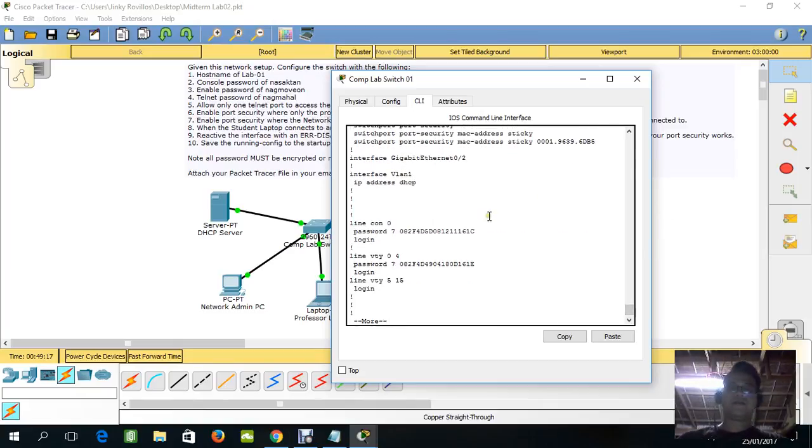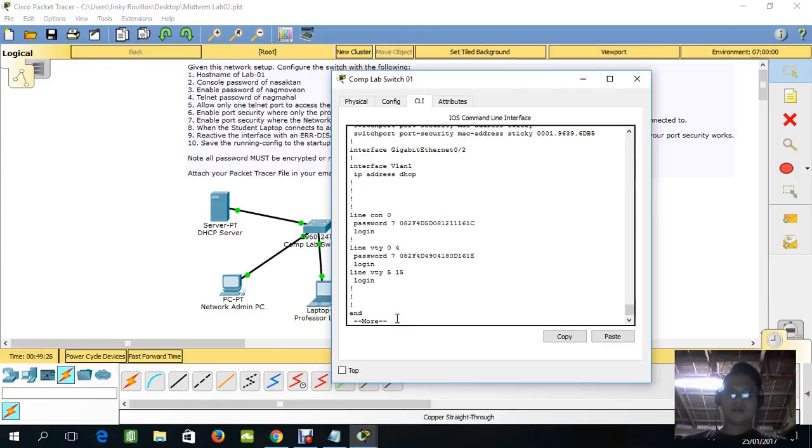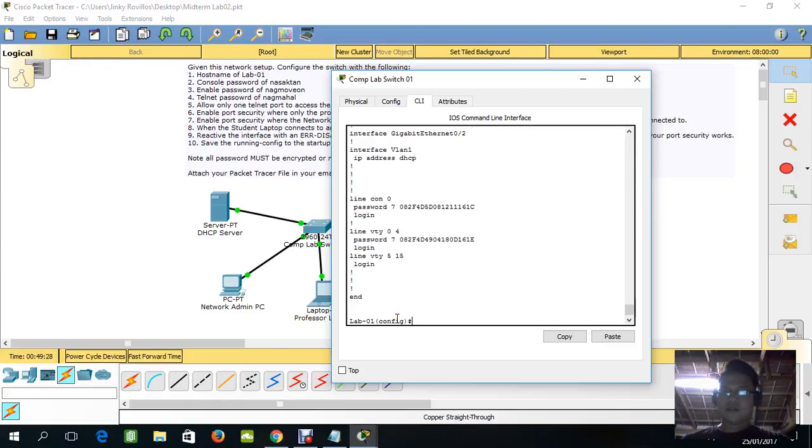And this one is already encrypted. And then our professor gave an additional requirement, that we put in a banner.